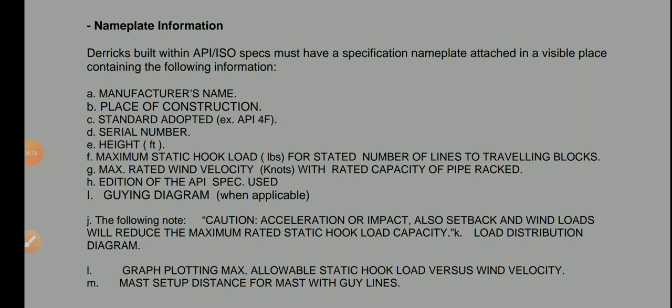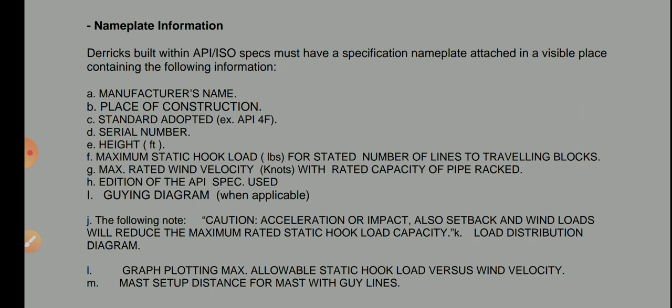Later, the nameplate information. In every derrick, at the bottom side, there is a plate which shows all the information of the derrick. If your rig is an American rig, it will be available, and if it is a China rig, it also has one. A derrick built to API or ISO specifications must have a specification nameplate attached in a visible place, containing the following information: